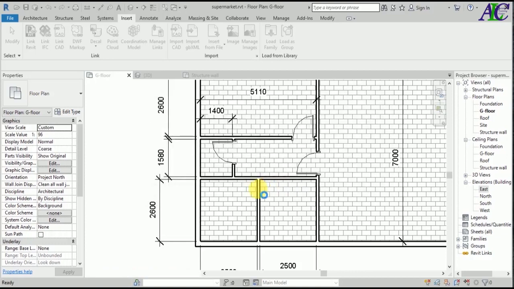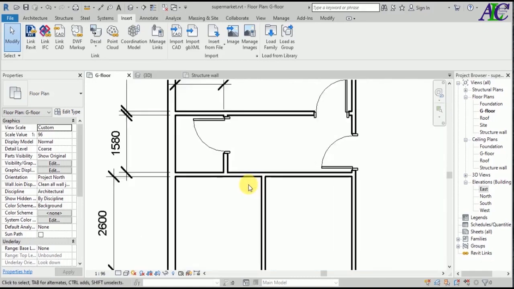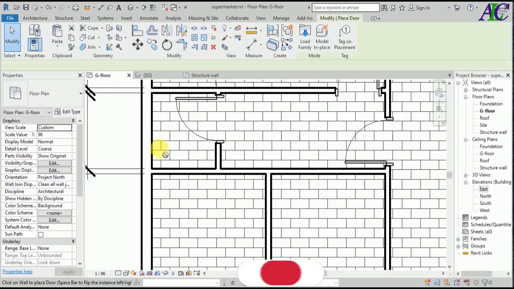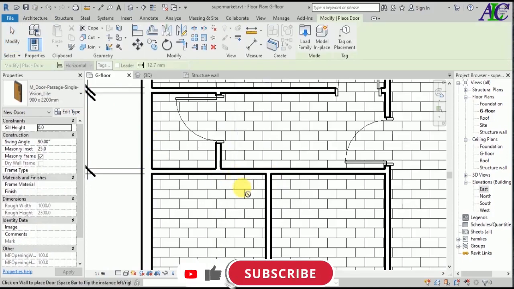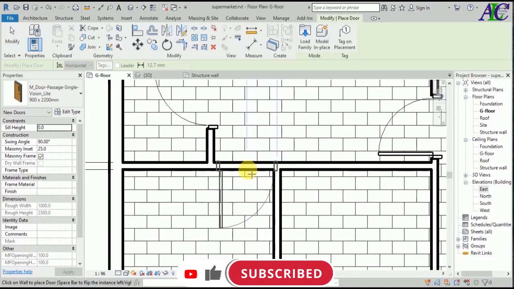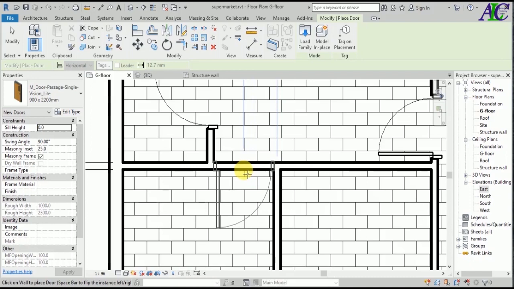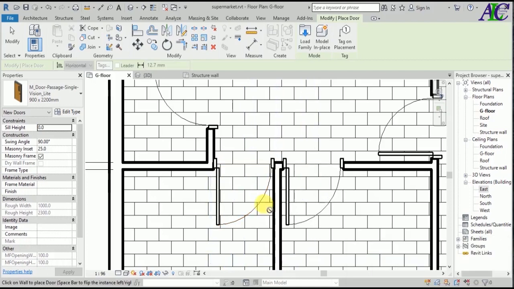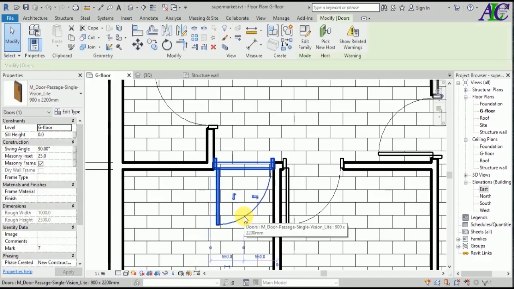Okay, so again let's go to architecture, door, and then insert in here. Okay, one door in here and one door in here. Okay, so let's change the direction of this as well. It should be open like this. Okay,